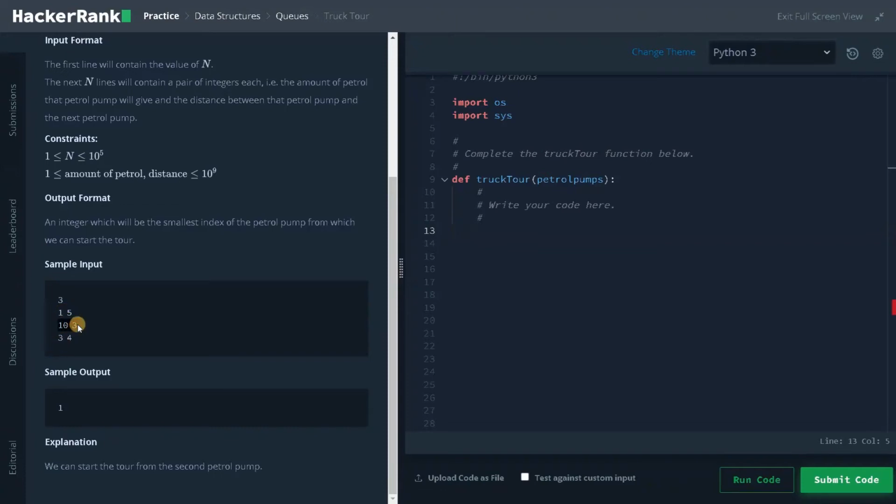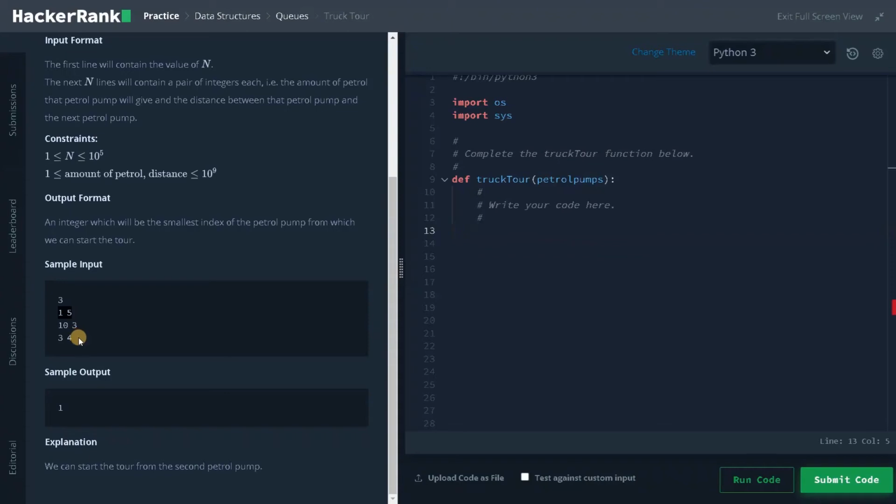So it will start from position 1 and go to the next petrol pump and the next and so on to reach the end. As you can see, if we subtract the distance in kilometers from the petrol at the petrol pump, we will have a negative value. Whenever we face a negative value, we can assume we can start from the next petrol pump. So we will make the fuel 0 and start from there. After that, we will process each of the petrol pumps till we reach the end. Finally, we will return the position.